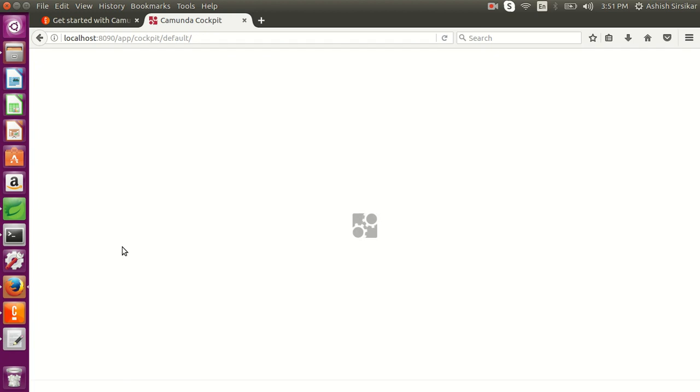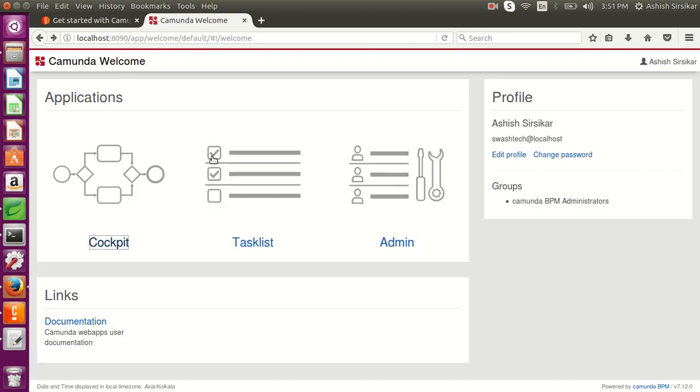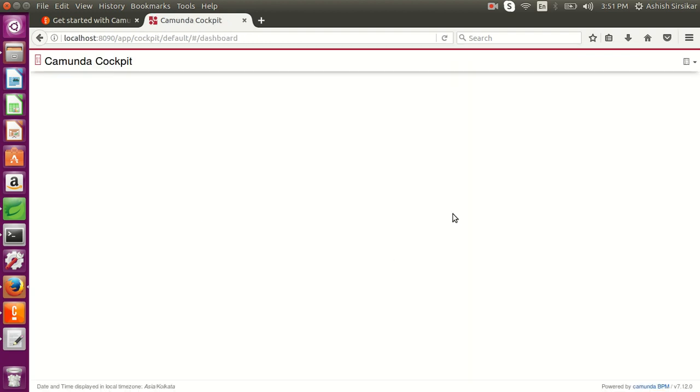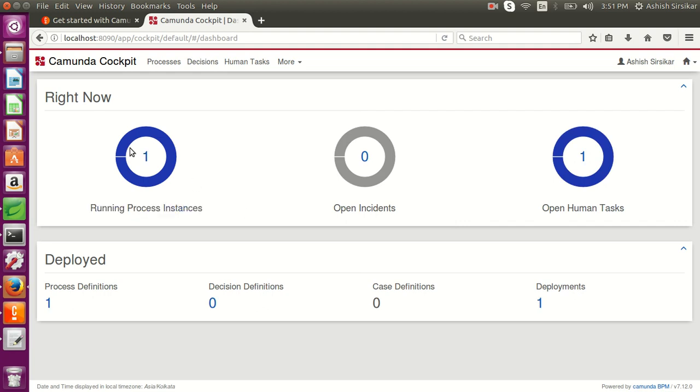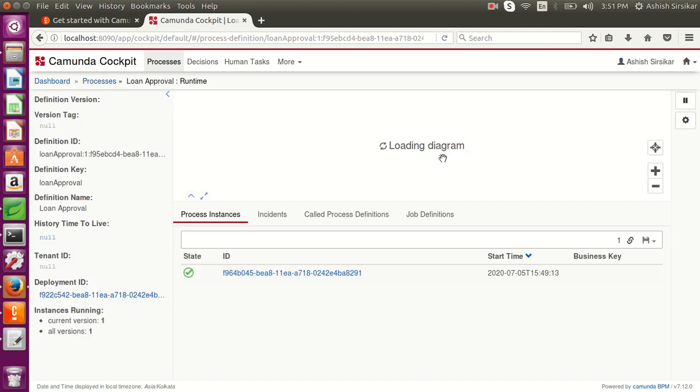And you can see your cockpit here. These are the three modules we have in Camunda: cockpit, task list and admin. We don't need admin now, but cockpit is where you see your processes, what is happening. You can see your one running process here. Your loan approval process is deployed.